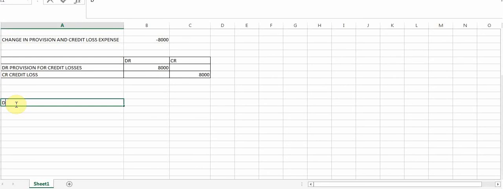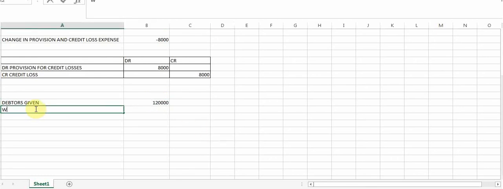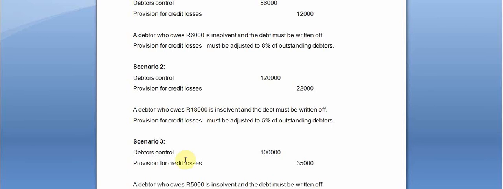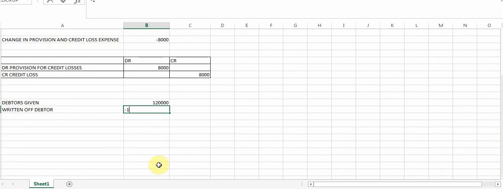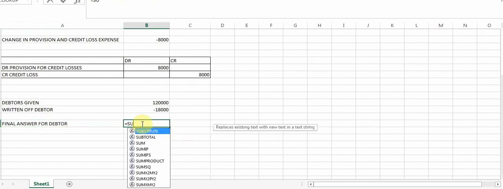So for scenario number 2, I start with the data given. The data is given in scenario number 2, 120,000. Then I deduct the written off debtor, who owed me an amount of, in this question, 18,000. So there I'm just going to deduct the 18,000, and that will give me my final answer. If I can ever spell this correctly. My final answer for debtors of